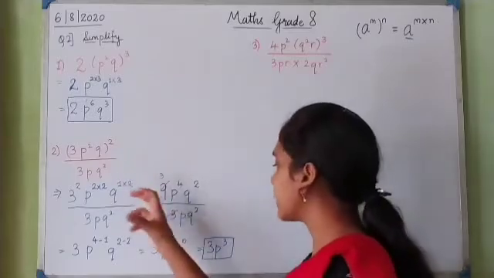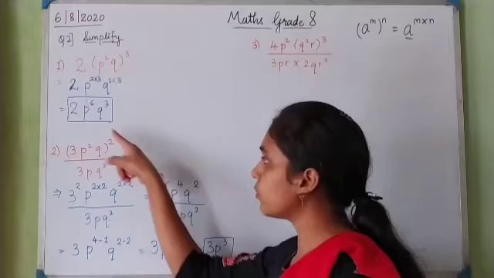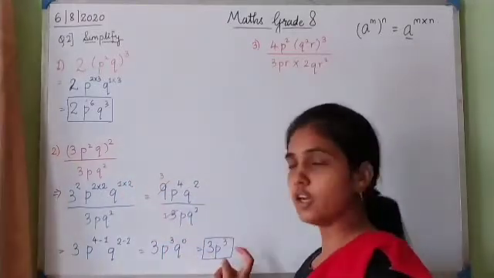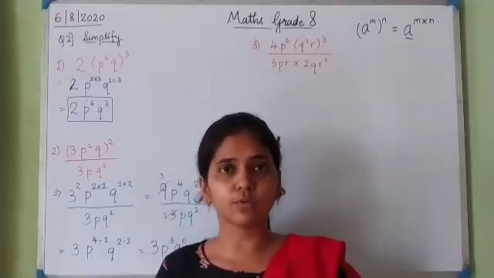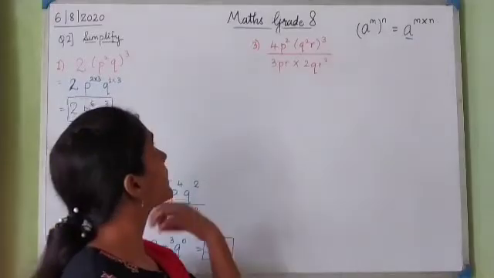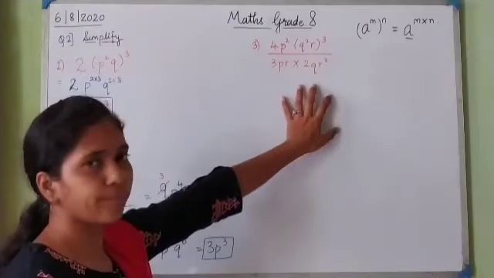See, we are simplifying. Simplifying means making it simpler. So when this was the given question which was so big, after simplifying we get such a small answer. So using the laws of indices and the rules of powers, we have to simplify the given questions. Now we go to the third example. The third is similar, only there are more operations.